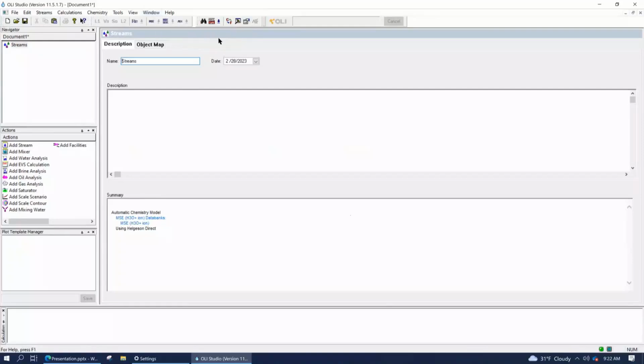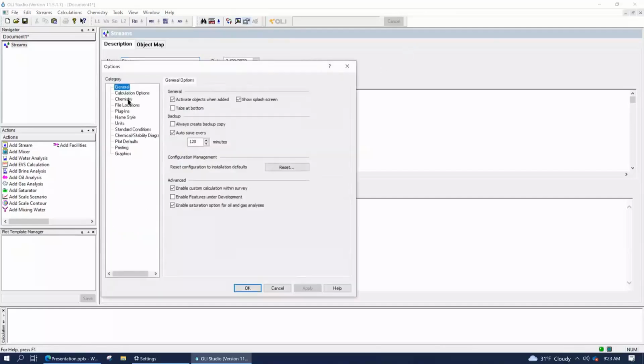And then these ribbons over here is searching for information or components, names manager again, units manager. This is essentially a toolbar customizer. Not many people use this, so we'll just ignore that for now. This is options. This is tools and options from the menu. Okay, this is actually quite useful, this button here. And there it is. This actually enables you to set the conditions or the settings of your case or of the software itself. Okay, there's a lot to talk about here, so I'm not going to try and jump into it yet. We'll talk about that later.